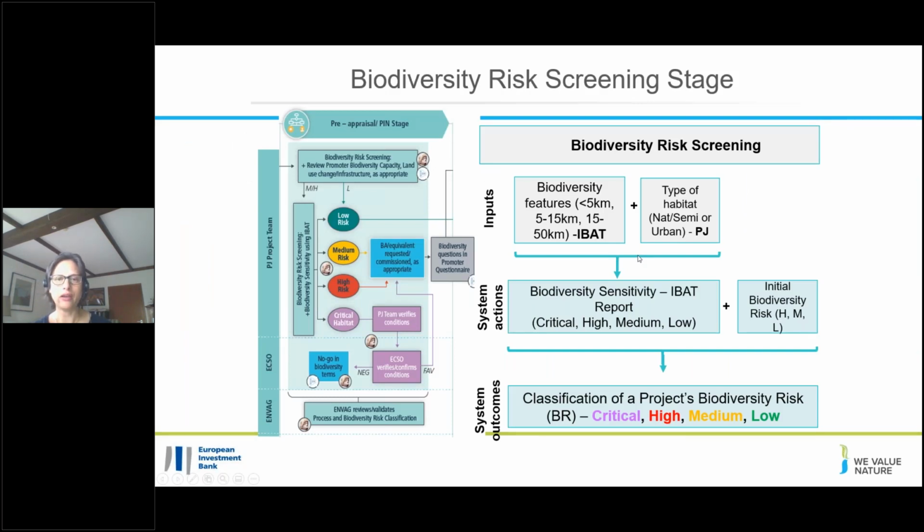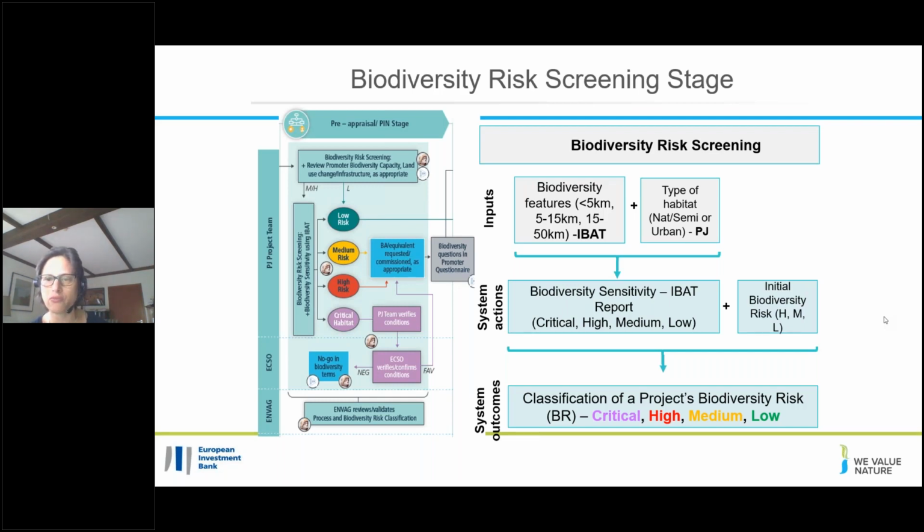So I just wanted to give you a snapshot of our biodiversity risk management tool. You will see this is the screening stage, so on the left-hand side, you have the screening stage. Disregard a little bit all the acronyms, because this is our own internal structures. But what I wanted to highlight here is that you have that classification of critical habitat, high risk, medium risk, and low risk. And on the left-hand side, this is the outcome of running IBAT. So when we run IBAT, IBAT will give us this sensitivity, which is the outcome in the report, which you see, which we then